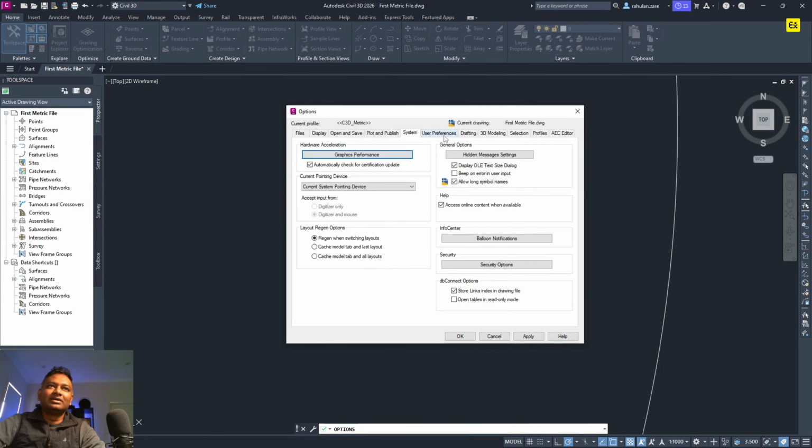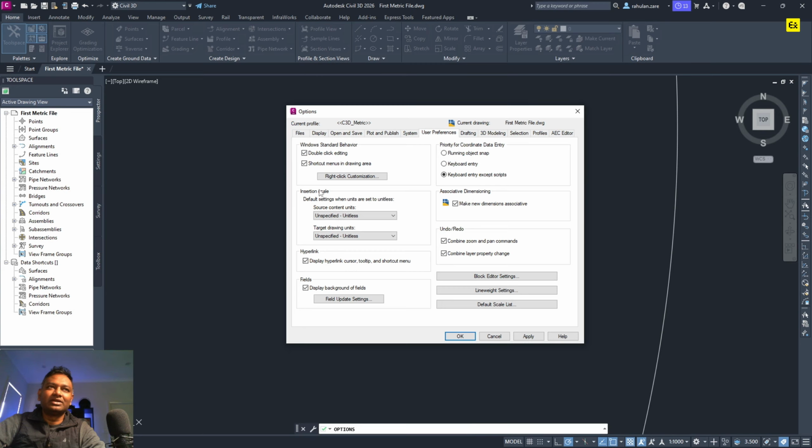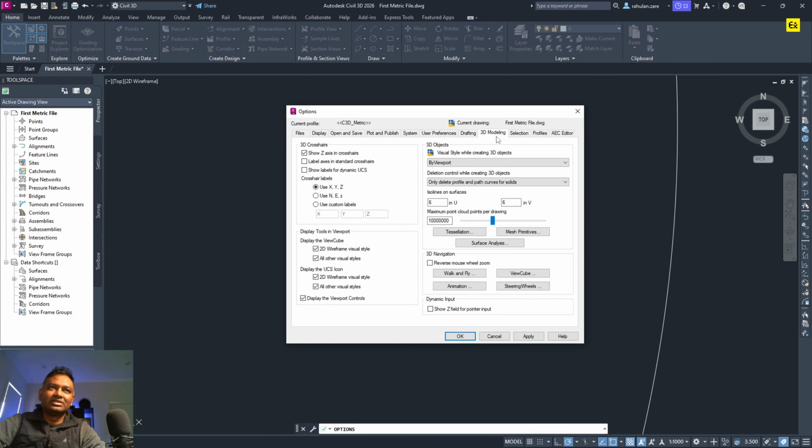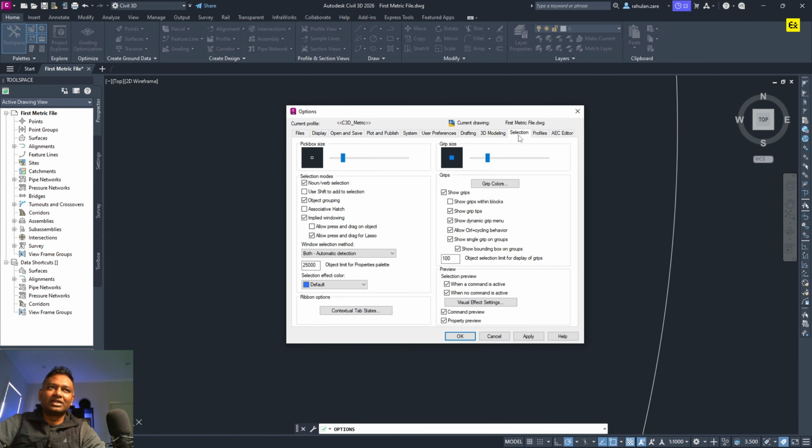Okay. And user preference. So you can see right click customization, like whenever I do the right click, what's going to happen, and block editor settings, line weight settings, all of those things you can customize. Drafting. So the marker, magnet, that's basically snap magnets, and aperture size, snap grid size, all of those things you can control on these screens. And the same with the 3D modeling selection, so you can choose a picker box selection, and the